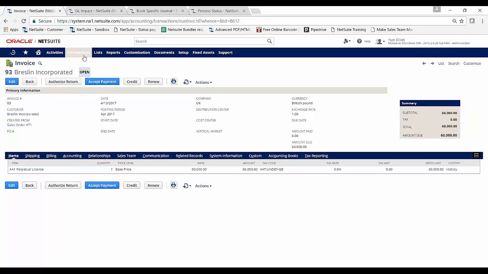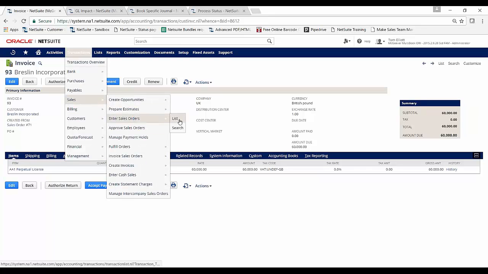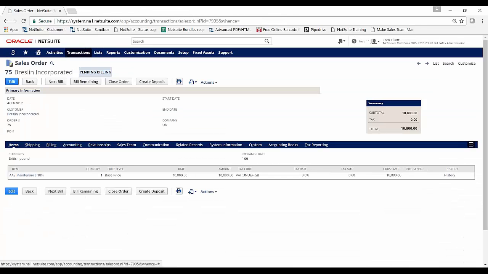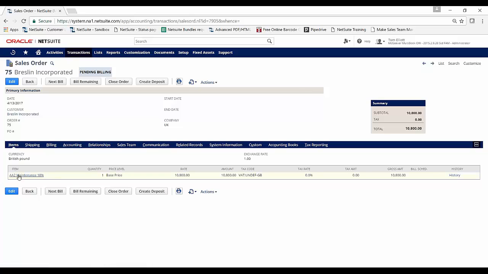So if I go back to view my sales orders, let's close out everything I've got open. So view this sales order. This time I'm selling a different item. And if I just open the item itself up